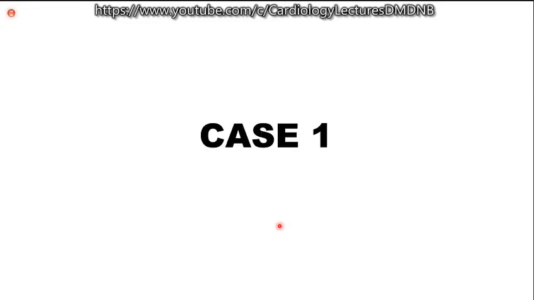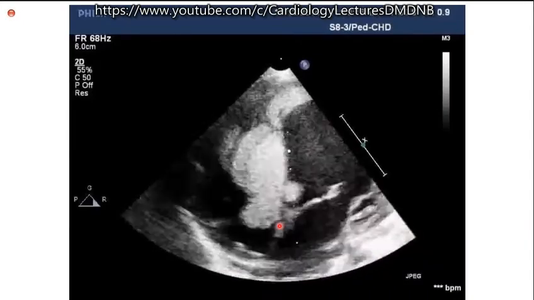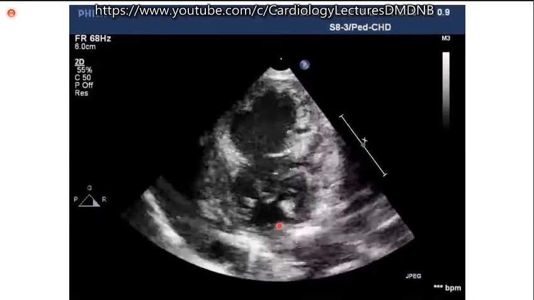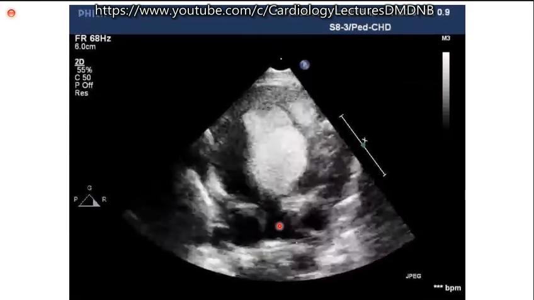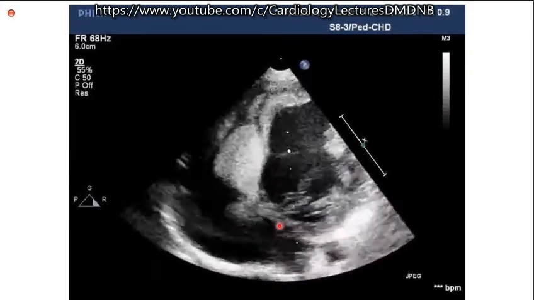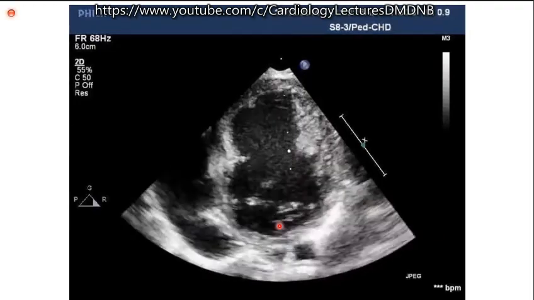Now, some of the anti-mitotic drugs have been tried, and some of them are found to be useful. So in patients with rhabdomyoma, sometimes certain drugs are useful. Very often there are multiple, and usually it can disappear over a period of time. As was just pointed out, it can be multiple, and over a period of time it can totally regress or even disappear. An example of a patient: you can see multiple tumors in the left ventricle, right ventricle, interventricular septum, everywhere.